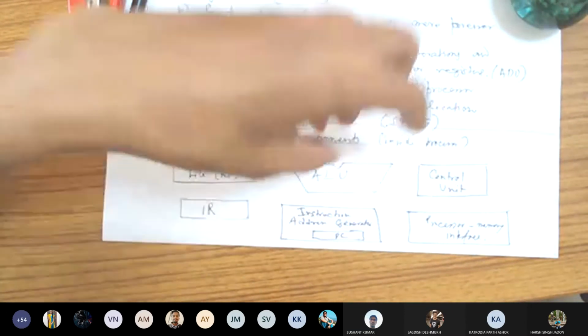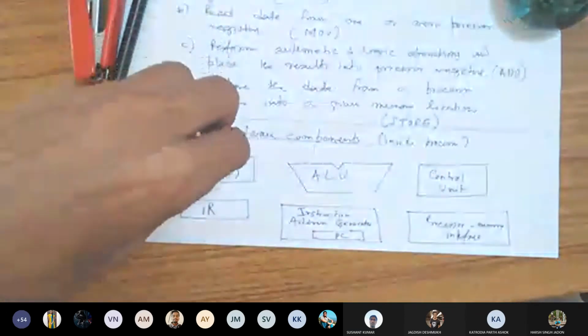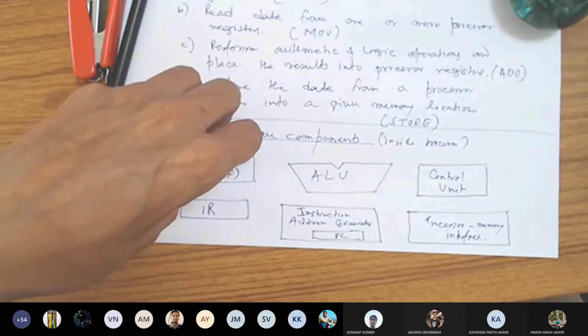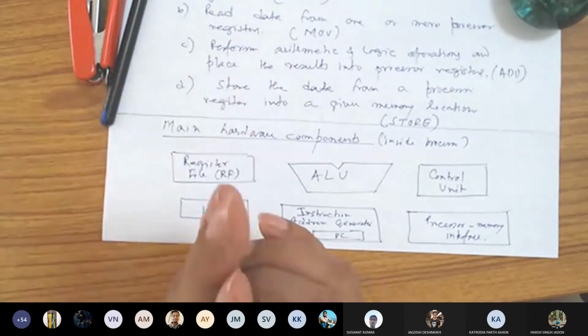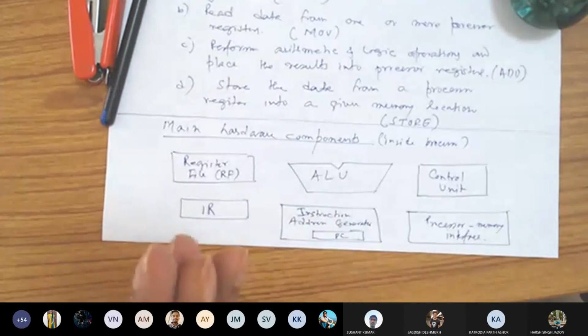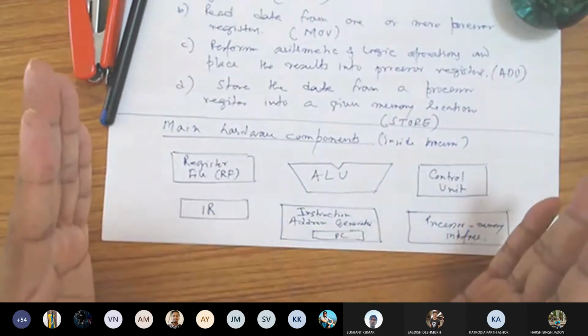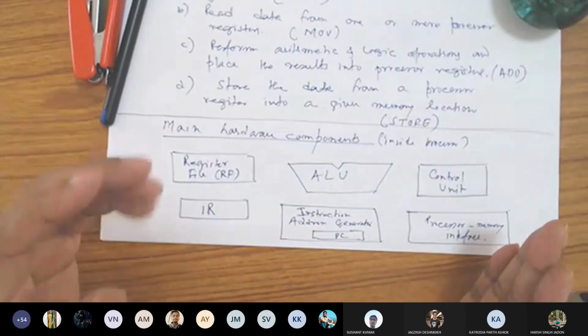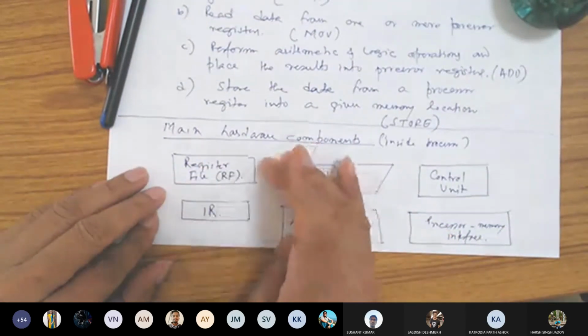We'll start with the register file and see how the register file is organized. Obviously, I will give you a high level design of how data transfers from one unit to another. But register file will be our first thing.